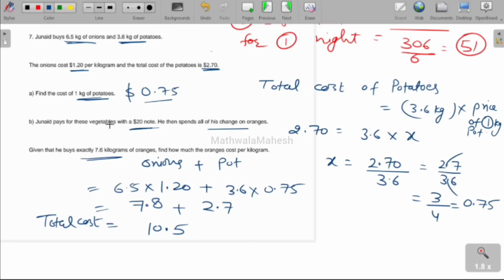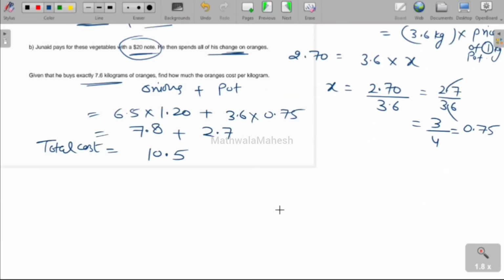And Junaid pays for these vegetables with a $20 note, and he spent all of his change. So the total cost of vegetables